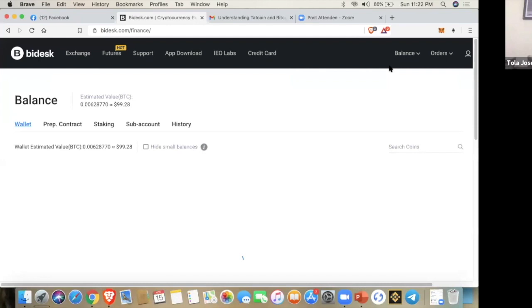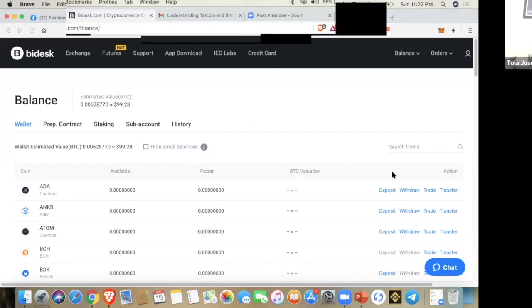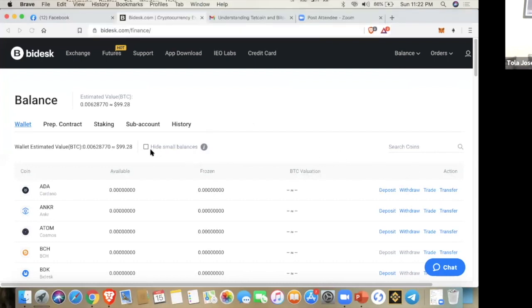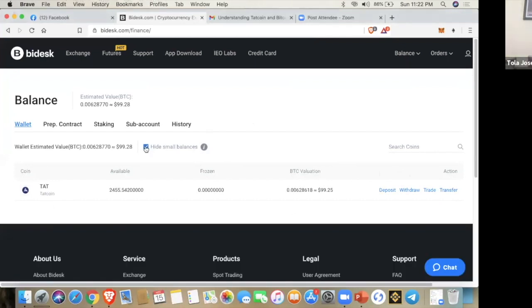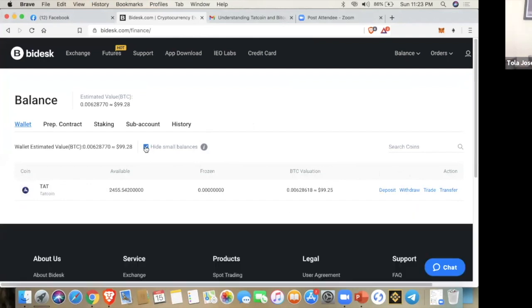The next thing I want to show you is how you can withdraw, and we are done for today. So let us just click on hide small balances to be able to show Tatcoin. When you disable this, it brings all the old coins. When you click on hide small balances, it brings where you have money. And we have our money here,